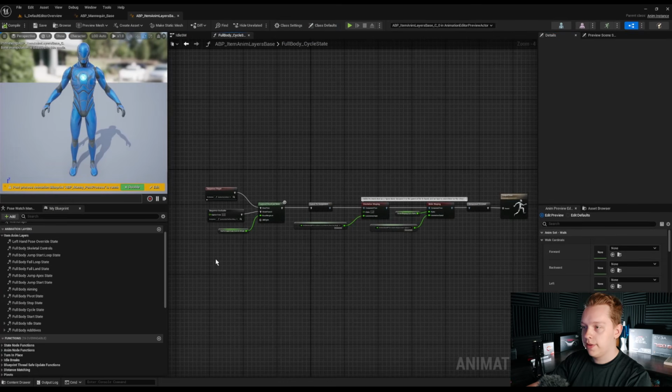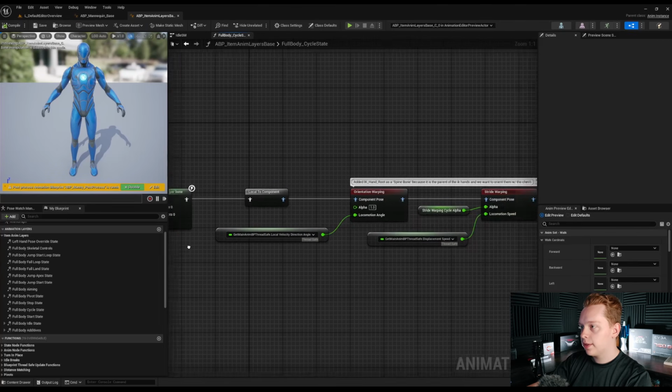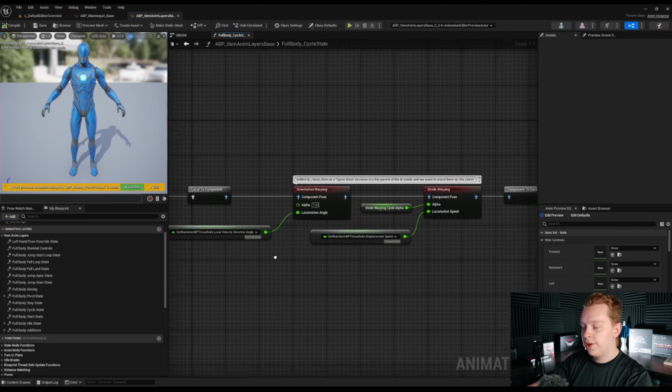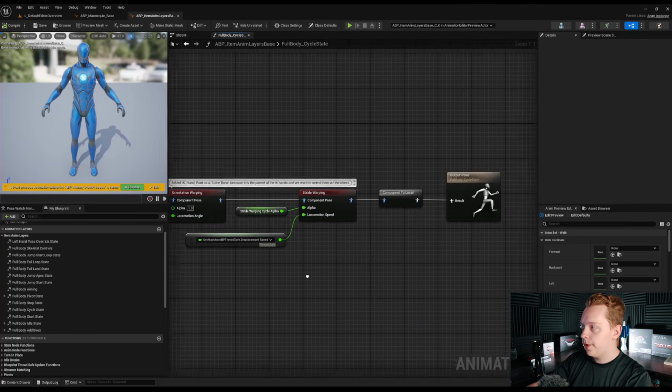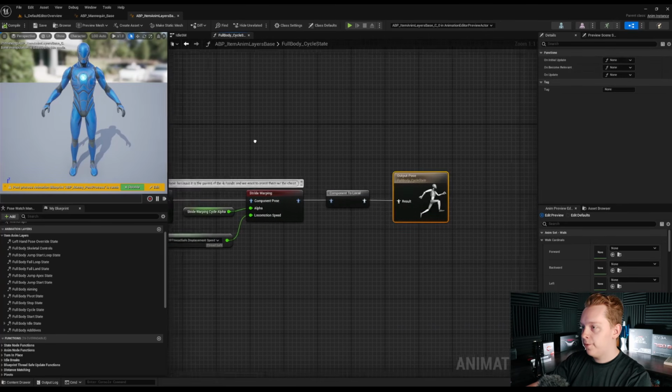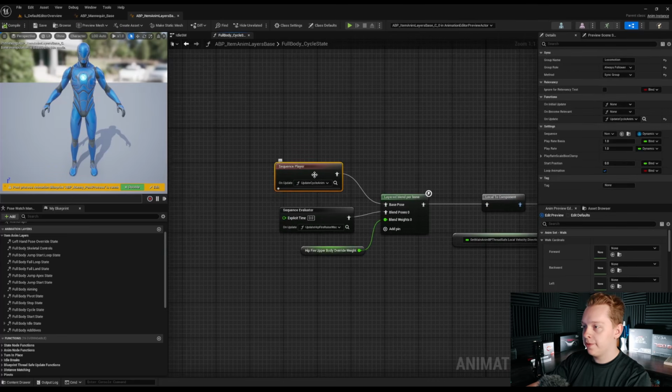And it's very similar to the start and stop layers. We have a sequence player with an update cycle anim function assigned, a sequence evaluator for hip firing, orientation warping and stride warping, which I touched on in the previous video, and an output pose. So we only have one bound function this time around. Well, we do have another if we count the hip firing,